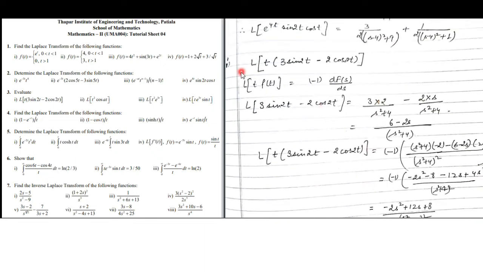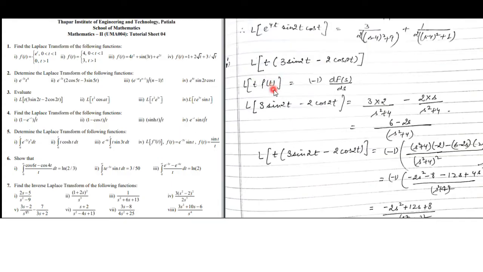Similarly, in the fifth part, in question number 3, we have to find out the Laplace of t into f(t). So in question number 3, we have to apply this formula: Laplace of t to the power n into f(t) is minus 1 to the power n